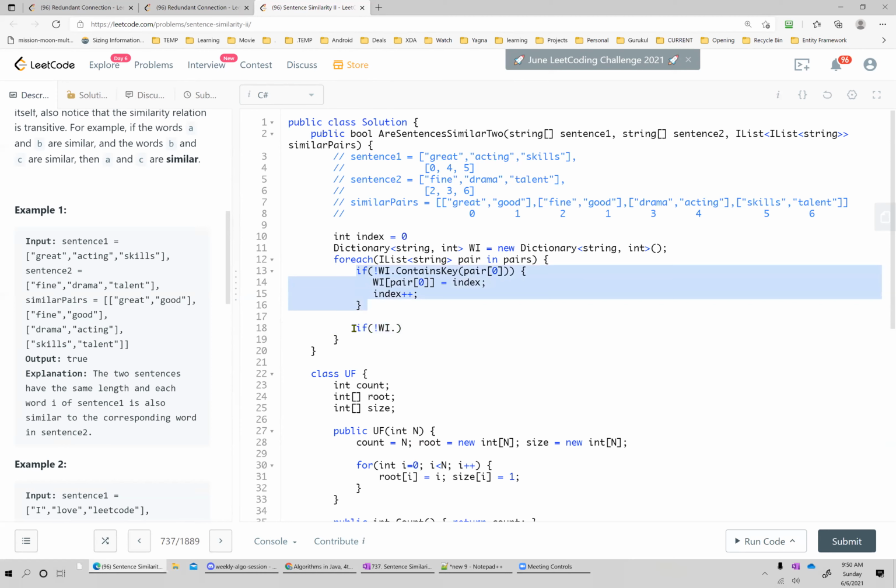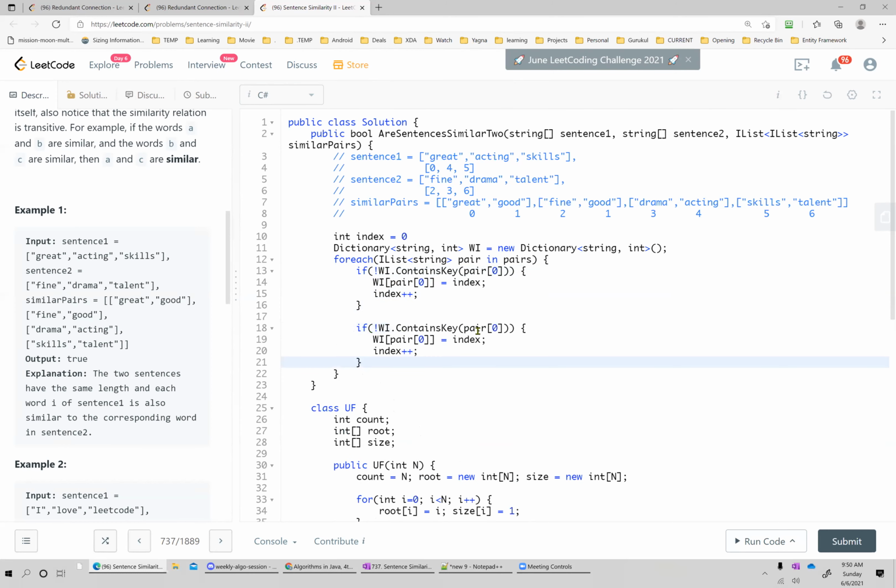This is similar code, just for parallel. Just another one, right? So with this method, what happened is that now I have a dictionary that has a unique integer assigned to each word, right? That is it.